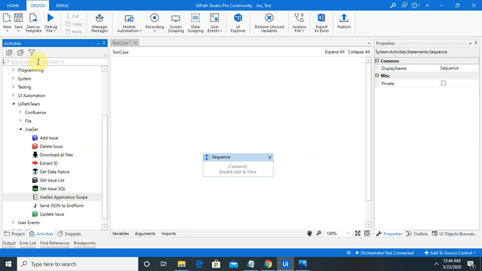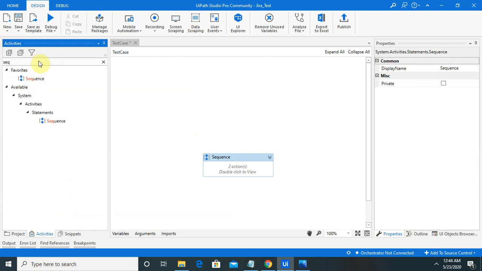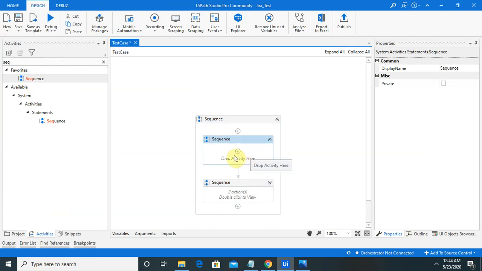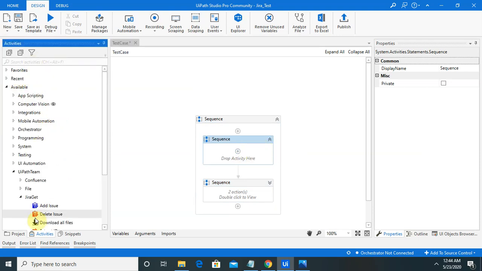Let me add one more sequence here. Now in this sequence I will show you how you can use that.